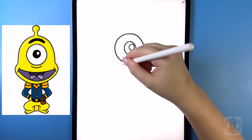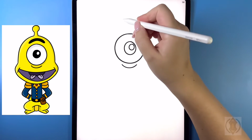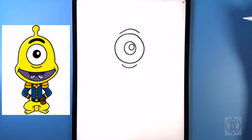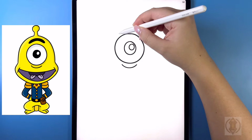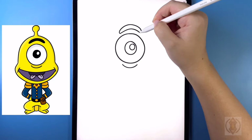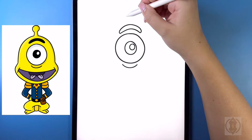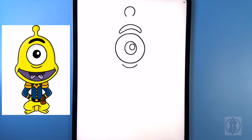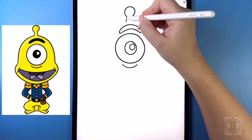Moving directly underneath, let's draw in a small arch line. On the top, we're going to draw in a curved line arching up in the center and then back down on the right-hand side. And now on the top, on the left-hand side, we're going to curve this line out, up, back down, and then in. Let's move directly up now. We're going to draw in a curved line that arches around and then down, ending that at the same height. On both sides now, we're going to curve this line out,